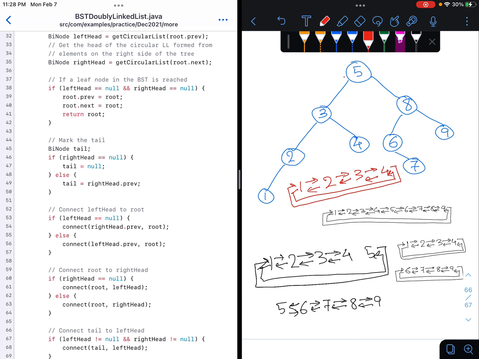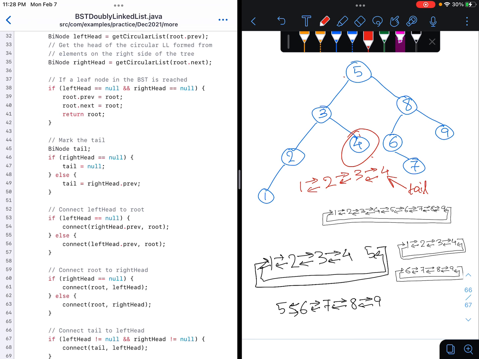So for this part, this connection, we are going to mark the tail. So initially we are marking tail as this one, and then we are marking that in line number 44. We are saying if the right head exists, in that case the previous for that right head should be,